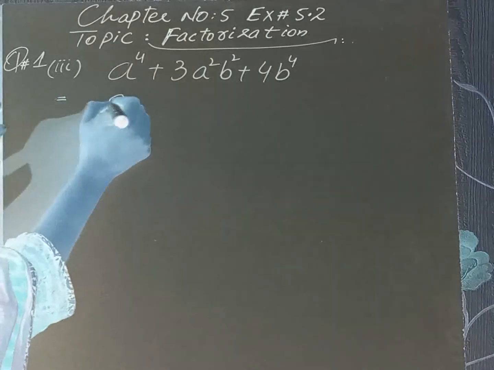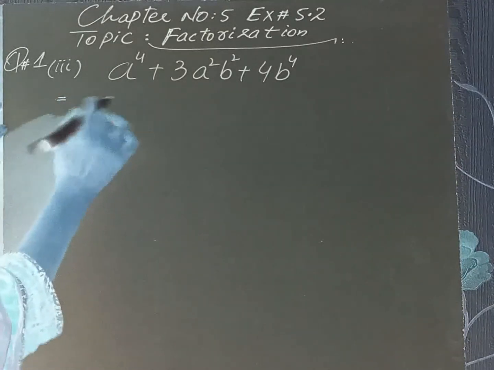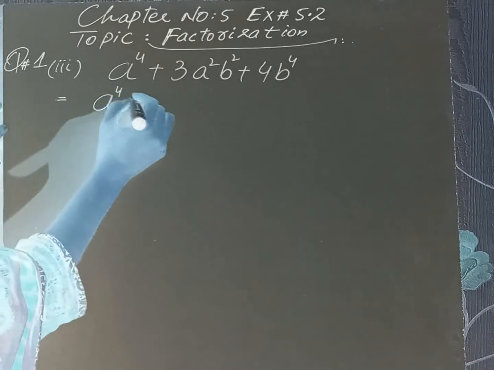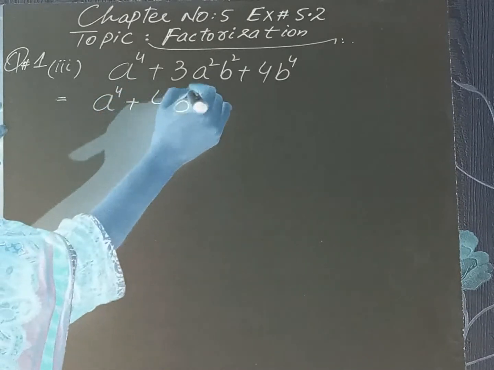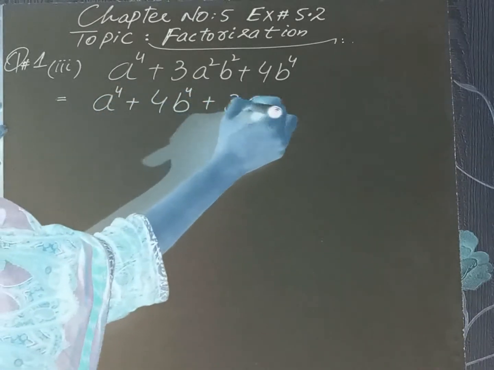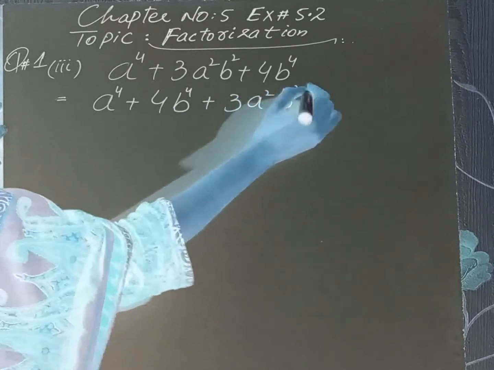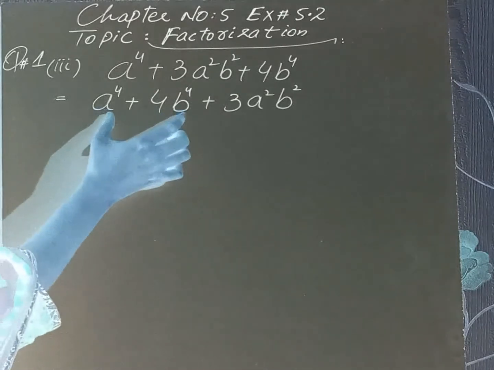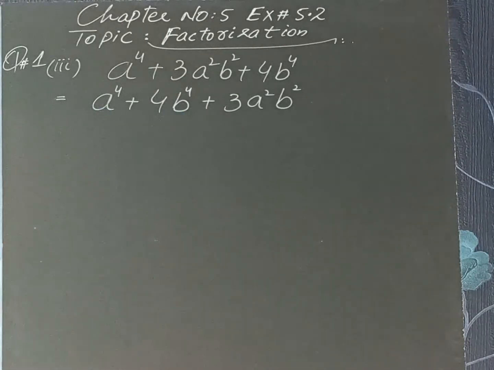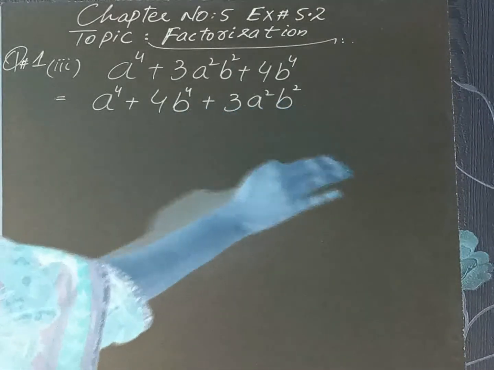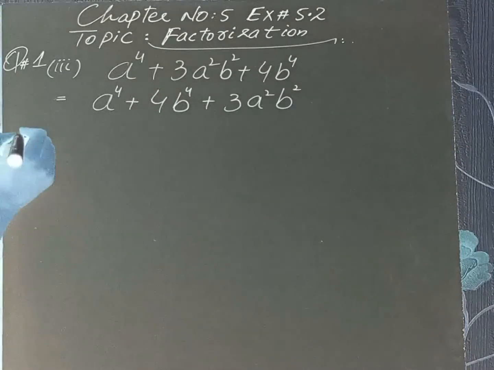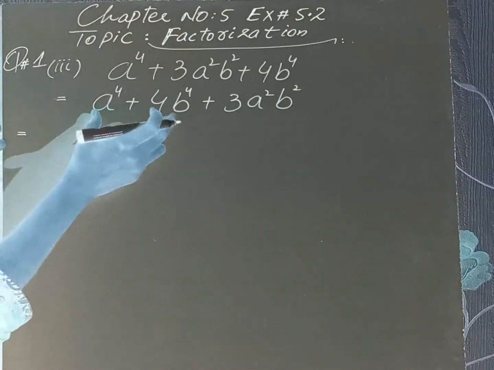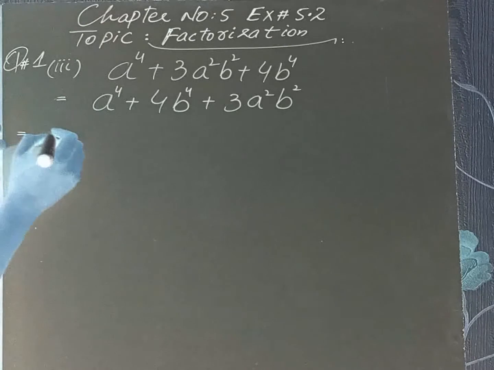So first of all, we will arrange this as a raised to power 4 plus 4b raised to power 4 plus 3a squares b squares. Now you can see from here that on these two terms we can apply the previous method that in the previous part number 2 we have used, and this third term we will write as it is,